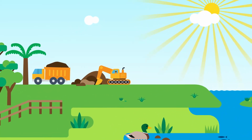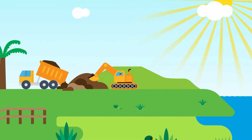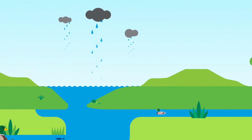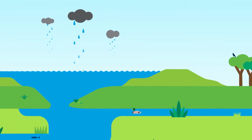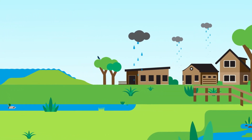Stopbanks are compacted earth banks built next to rivers and streams. They might not look like much, but they are incredibly important in helping to protect us. In flooding events, when river levels rise, stopbanks help contain the water to protect our communities. But they are only designed to a certain level, so water can still overtop a stopbank in heavy rain events